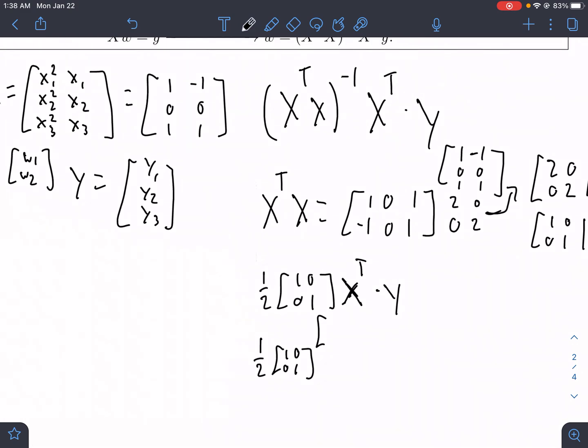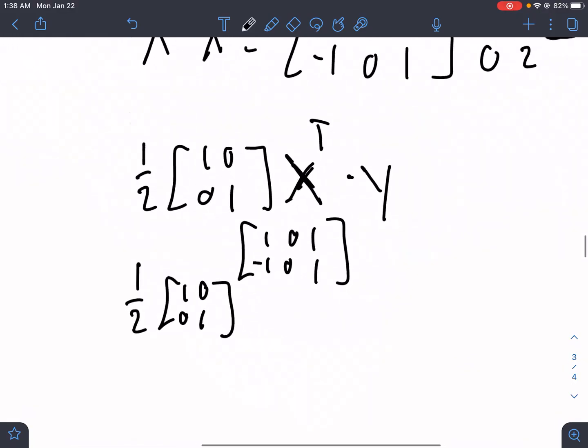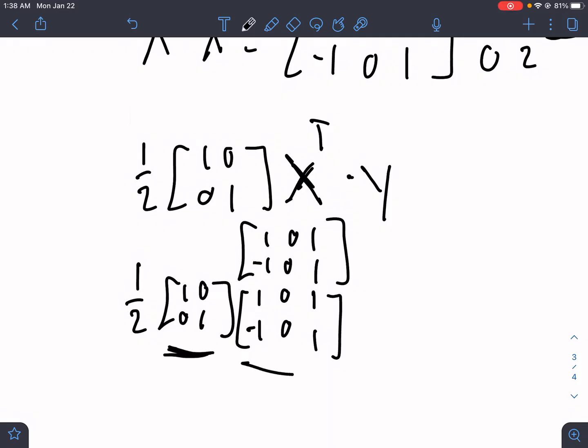This is going to be 1, 0, 1, 1, 0, 1. So that will get us, let's see, 1, 0, 0, 1, 1, -1. So you might see that this is, I feel kind of foolish, but this is the identity matrix, so we're going to get x transpose out of this. So it's just 1 half x transpose